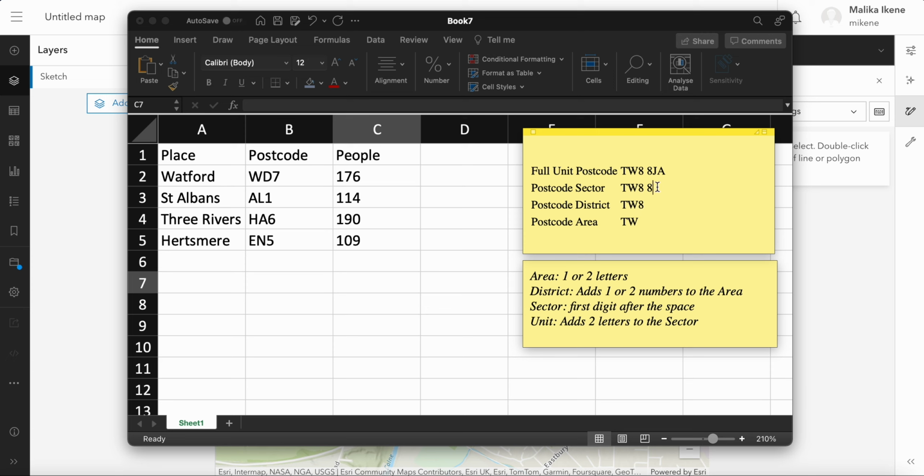Then the sector adds a space after the district and is made up of the first digit after the space. Lastly, the full unit postcode, the one you're most used to seeing, takes the sector and adds 2 letters after it. So if we go back to our data,